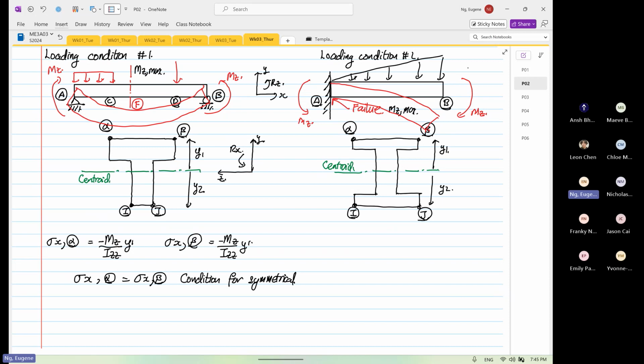It has nothing to do with whether the structure is loaded symmetrically. It's not a geometrical function. I mean, it's not physical geometry. It is based on stress. Okay, it's based on the stress field. Let me do it again. So if you have stress X at point I, so this is equal, we know that it's under tensile, Mz over Izz